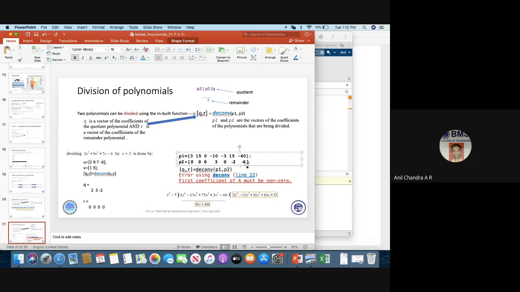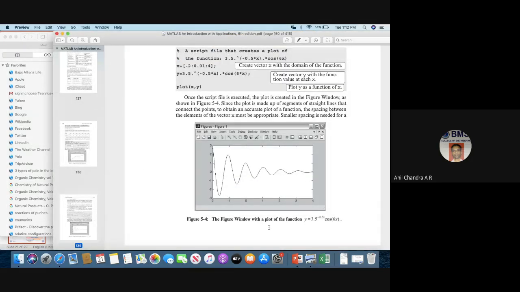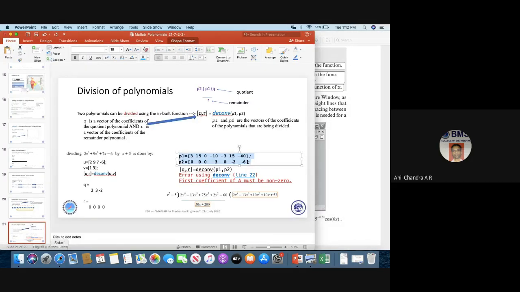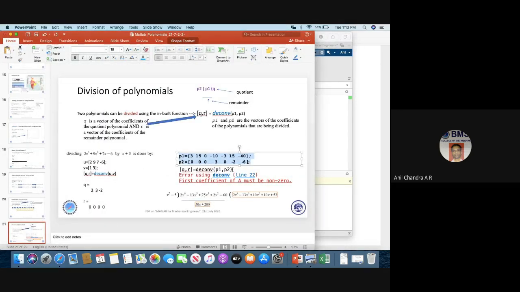So please try this out. Same P1, P2, command. I copy it. It is there, so I've defined it. Let me do this because I want to show that error and explain.